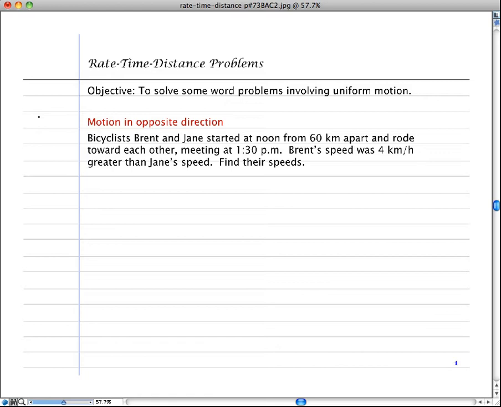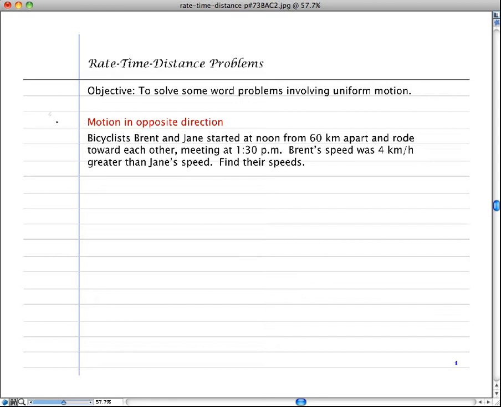Hello, today's lesson will be on rate, time, and distance problems. Our objective is to solve word problems involving uniform motion. There are three kinds of uniform motions, and the first one I'm going to deal with is motion in opposite directions. In this particular question, bicyclists Brent and Jane start at noon from 60 kilometers apart and ride